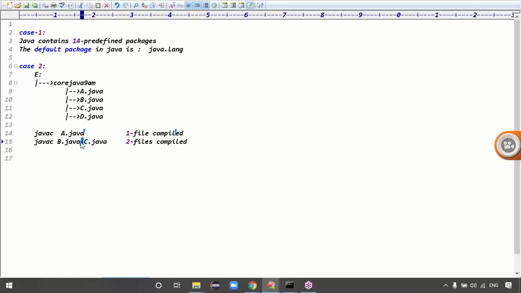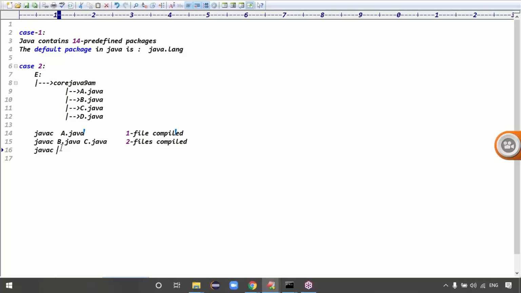But in real time, we will do the project using Eclipse IDE. In Eclipse IDE, we are not responsible for compiling the multiple files, guys, because the code is auto compiled in Eclipse IDE. But just knowledge, guys. In the general approach, when you are doing the practicals using EditPlus and run the application using command prompt, here we can compile the multiple files using space separator, right? Is that clear now?